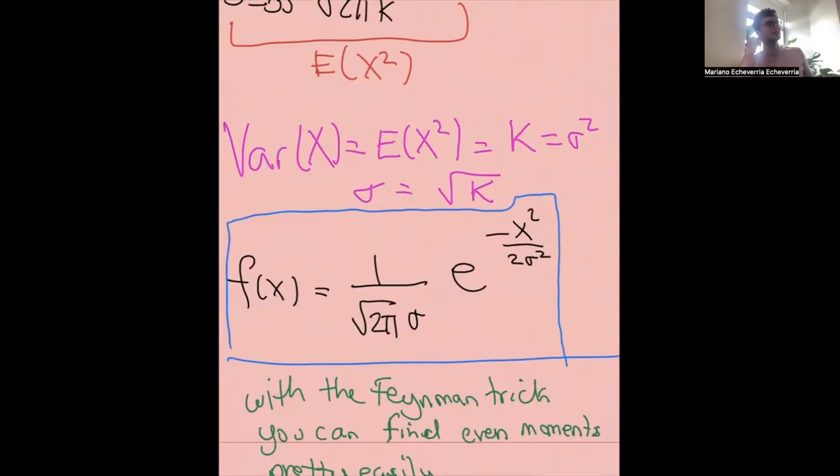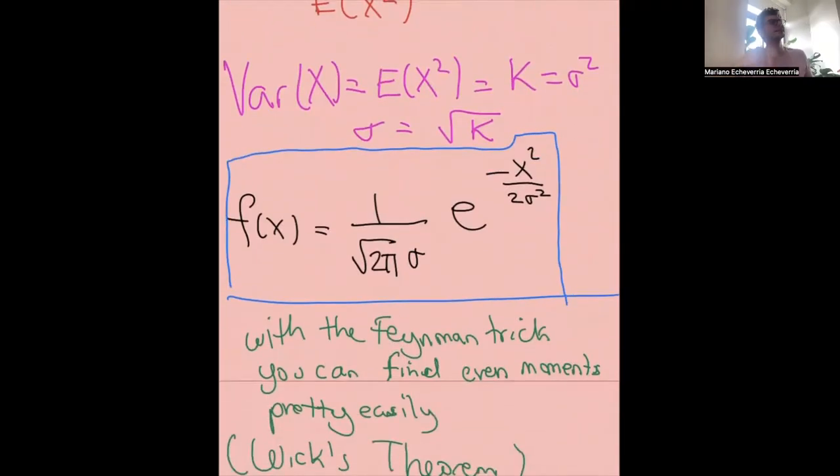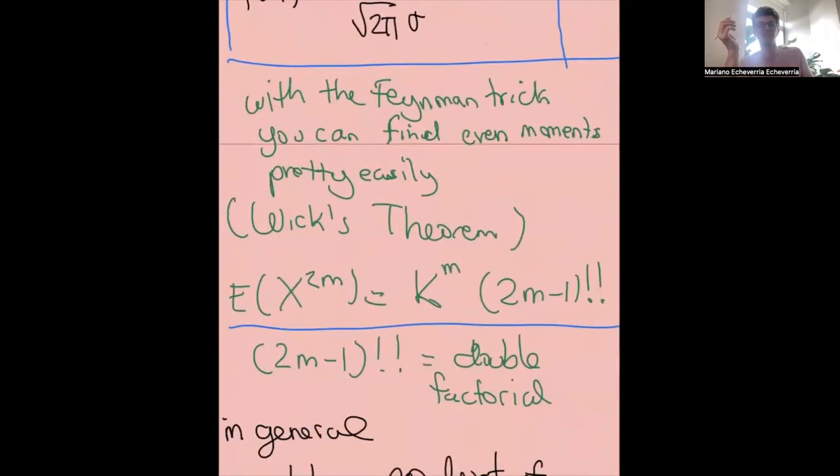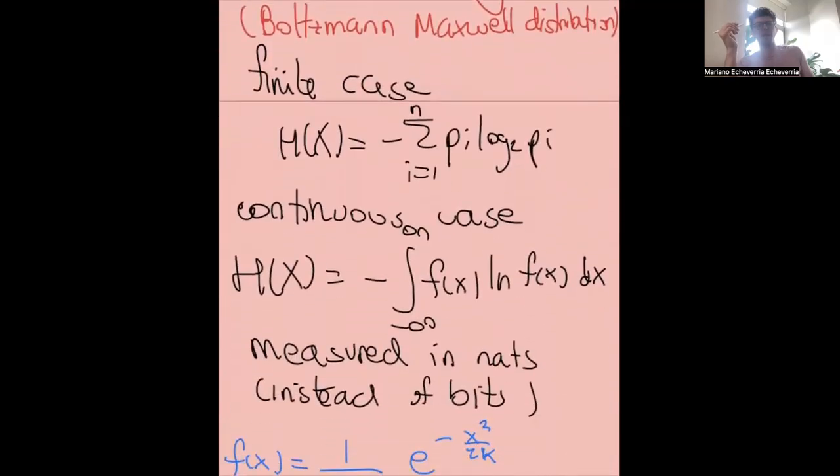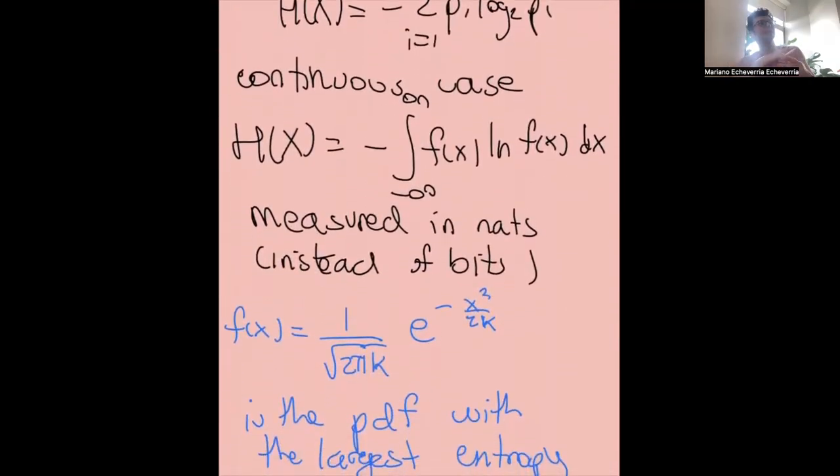So that's the famous Gaussian. What I told you at the end of the class last time was that there is some sort of entropy you can define in the continuous case, and the Gaussian happens to be the probability distribution with the most entropy amongst those. You have to imagine that you fix the standard deviation, so assume that you know the standard deviation. You can also assume that you know the average. So imagine that you know the average and the standard deviation.